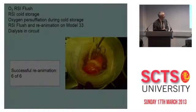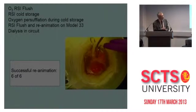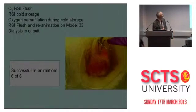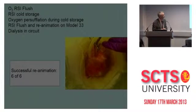So the heart was connected to an oxygen supply to the right atrium. Oxygen was forced back through the ventricles. We made about 16 holes in the muscle with a needle. This always horrifies cardiac surgeons. And by doing that in the cold phase, we actually managed to reoxygenate the organ such that all of them